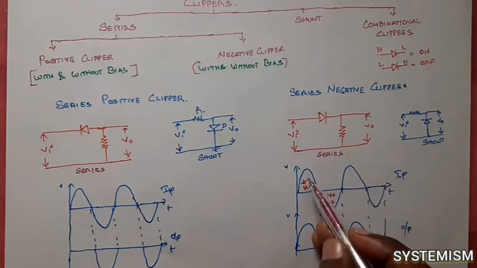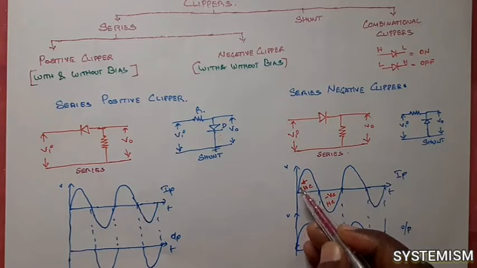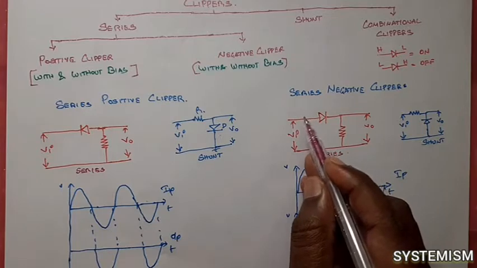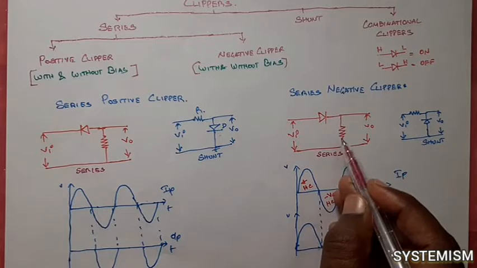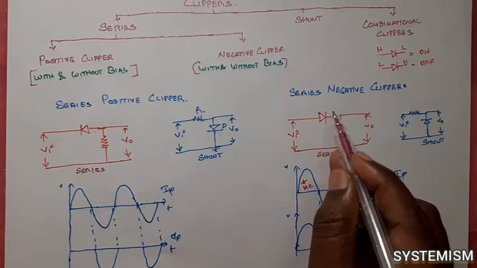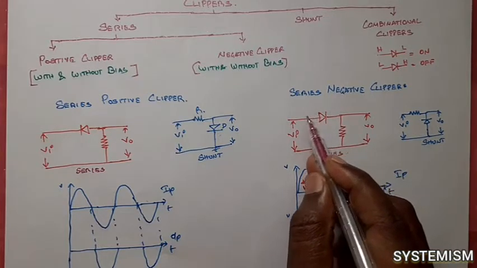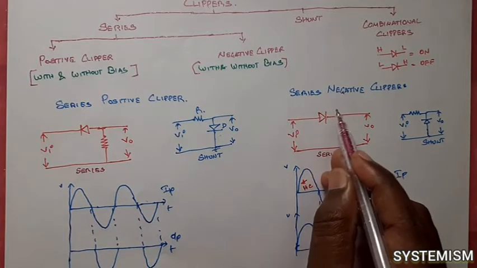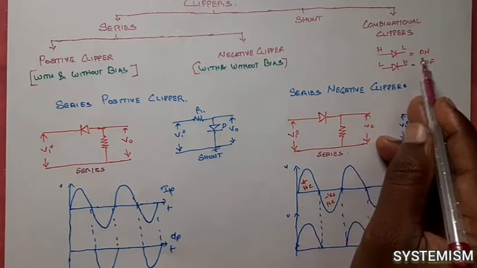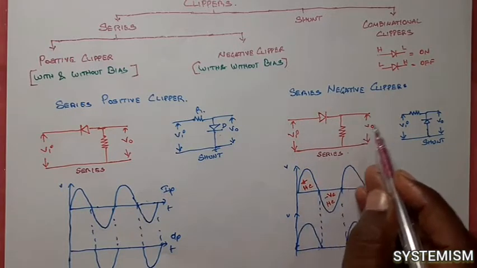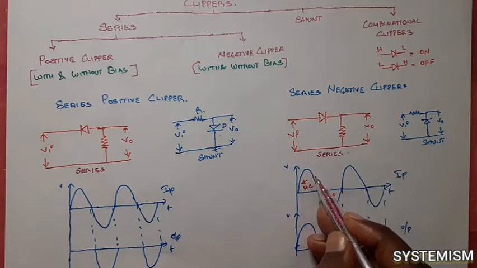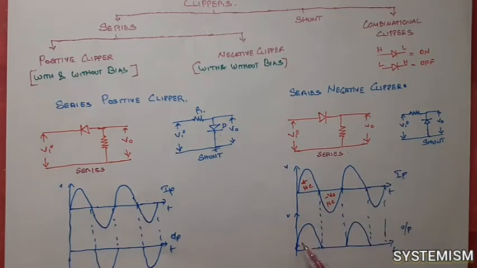Okay, now see here, during the positive half cycle of your input signal, positive values are coming. I am giving positive values at this place, that's what it is showing. This side is positive value, and what about this side? This side is grounded, that means zero value. This is zero and this is positive, that is high value here, low value here. What about the diode? Diode will be on. If diode is on, your signal will be produced in the output. See here, if the value is high, more than 0, we are getting the signal in the output, no issue.